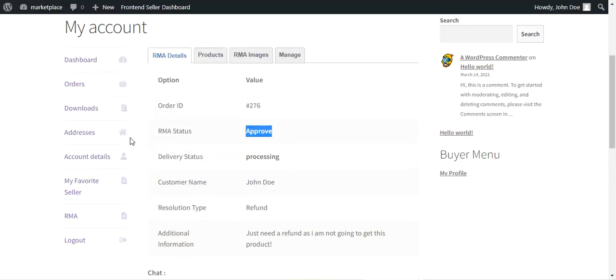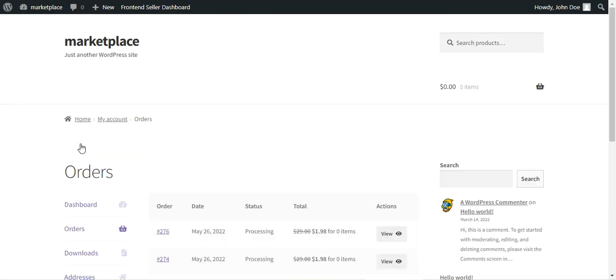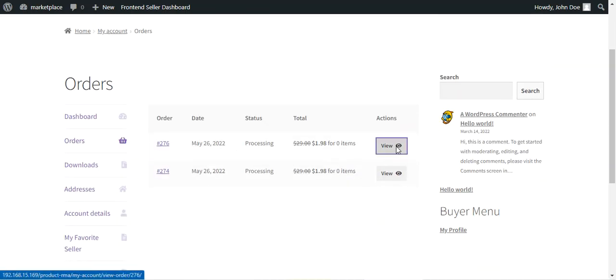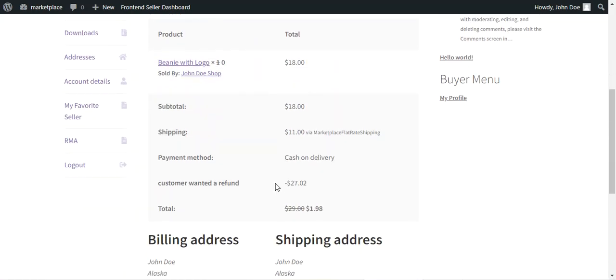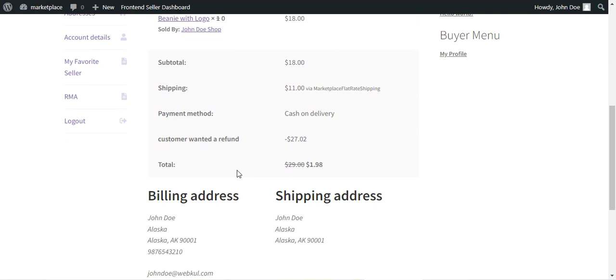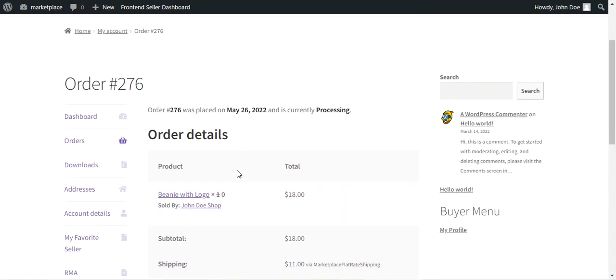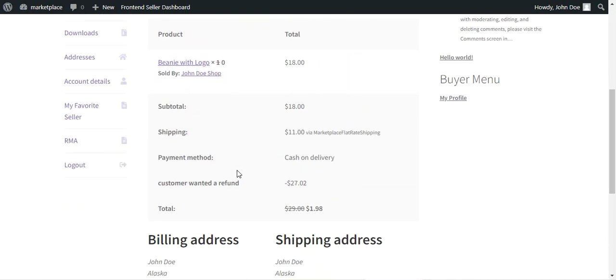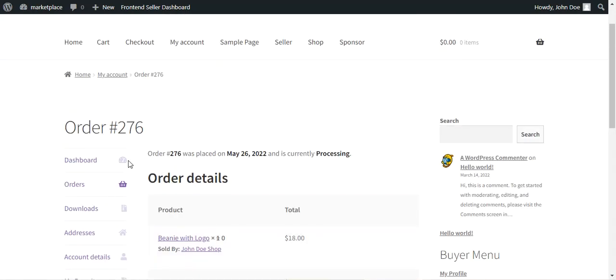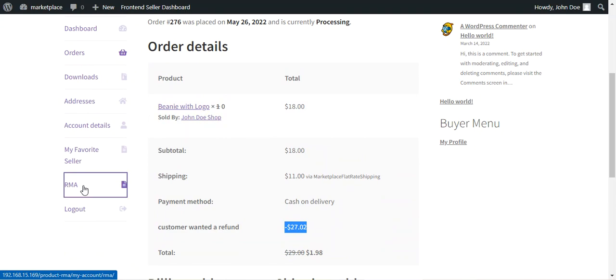Now if I go to the customer's account and I go to the orders section, order number 276, if I view it up, here we can find the details of the particular order for which we had got the refund itself, right? Now here you can see the customer wanted a refund, and this amount has been refunded back to the customer there itself. Now I can go back to the RMA section,